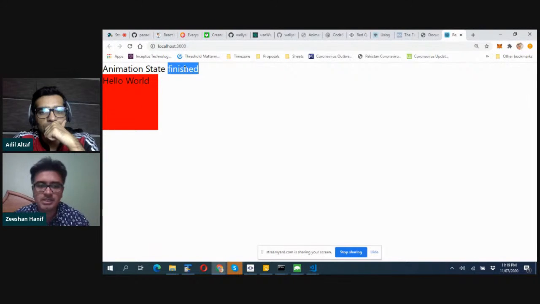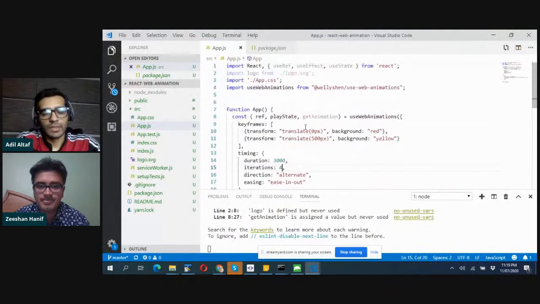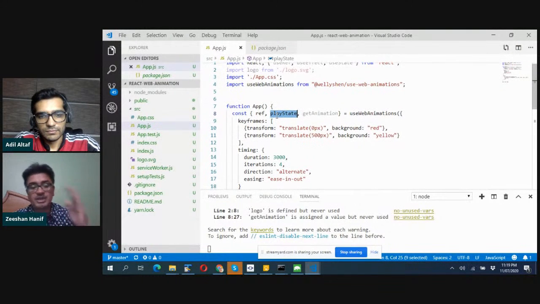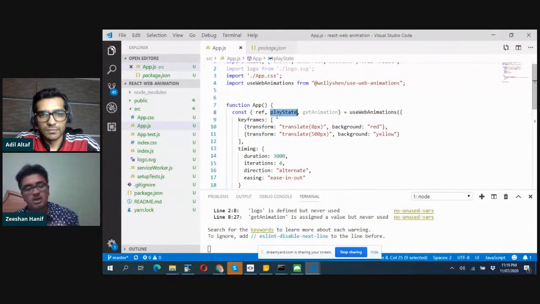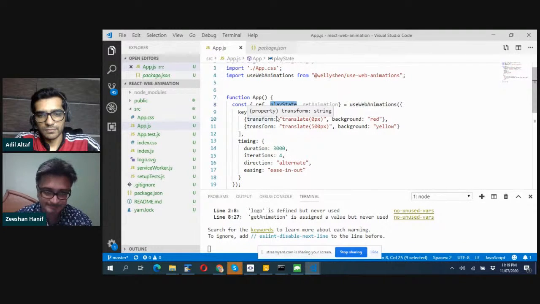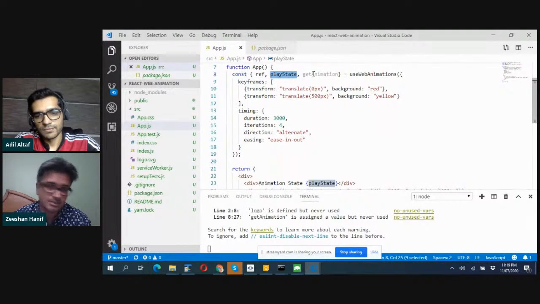So you can use the play state of an animation to find out in which state your animation currently is. Is it playing, running, finished, or paused, because we can use the pause function of an animation. Last thing, the get animation function. The get animation function, as we have done,